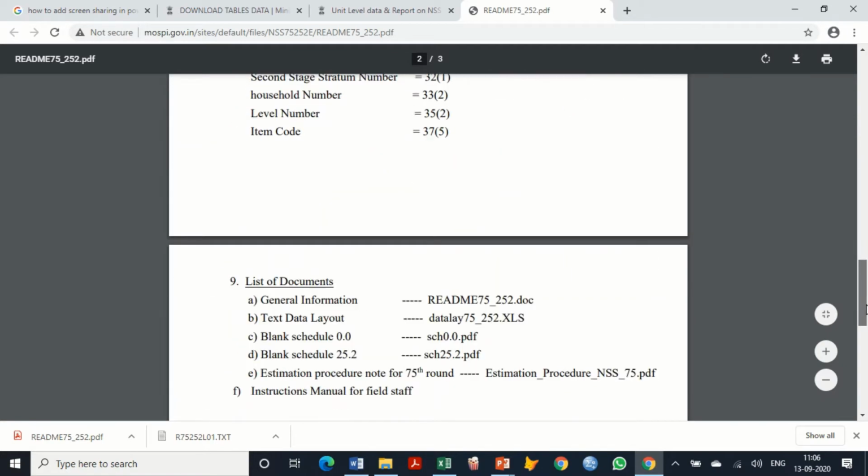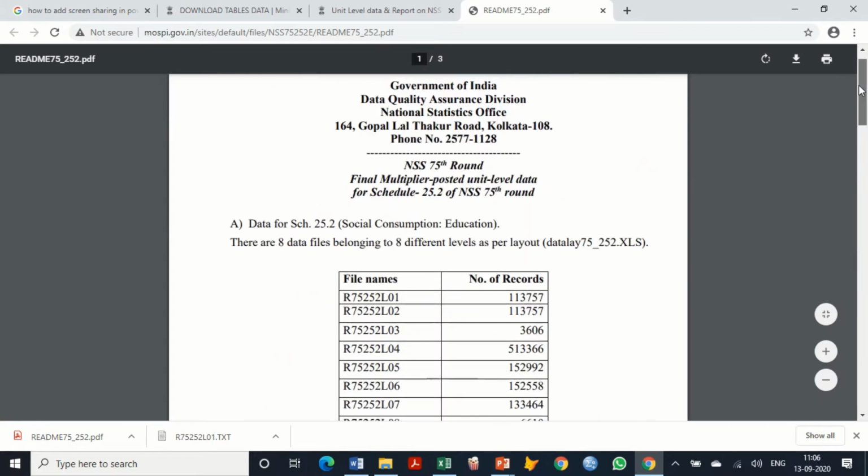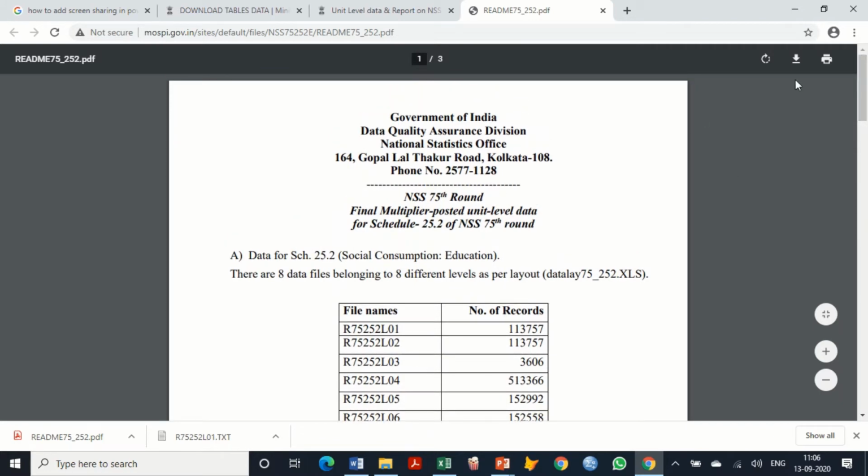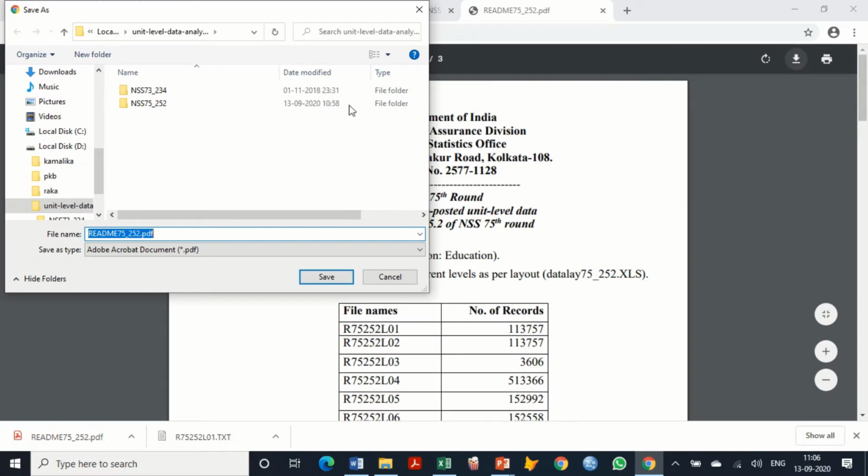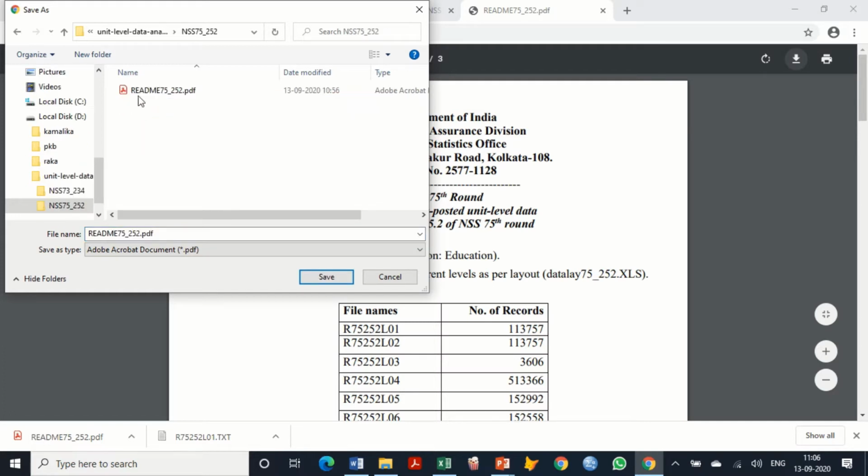All the details are available. So the moment we get it, we save it in one of the folders. I created a folder with the name NSS 75252, and here I have already saved it as readme 75 underscore 252. What is the utility? We will see it in a short while.